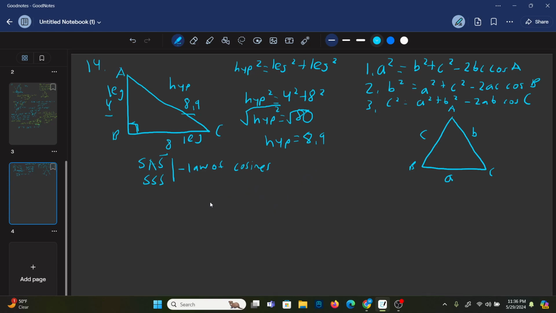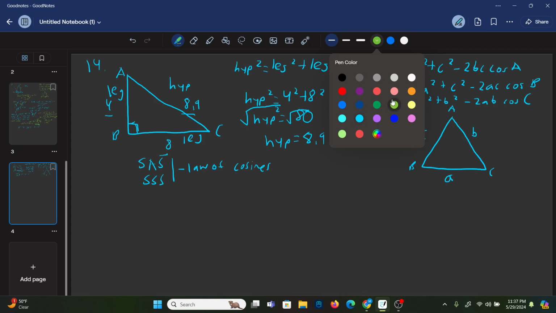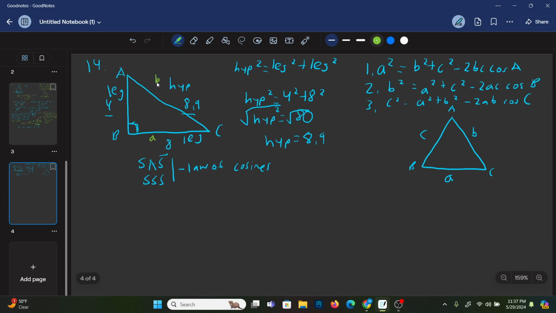Okay, so now we can solve this triangle. Let's pick a random angle that we don't know. Let's pick A, so we're going to solve for angle A using the first formula. Let me put the sides on this triangle: side little a across from angle A, side little b across from angle B, and side little c across from angle C. So we're going to do a squared equals b squared plus c squared